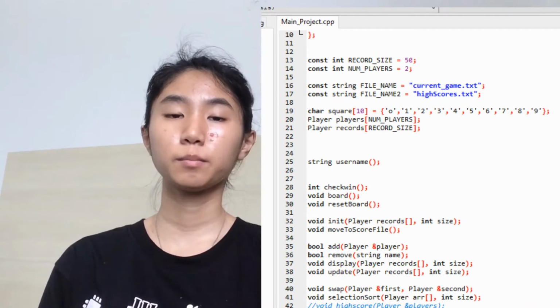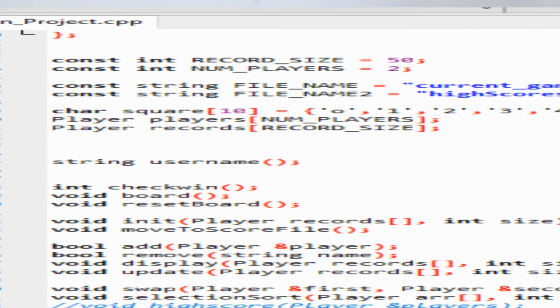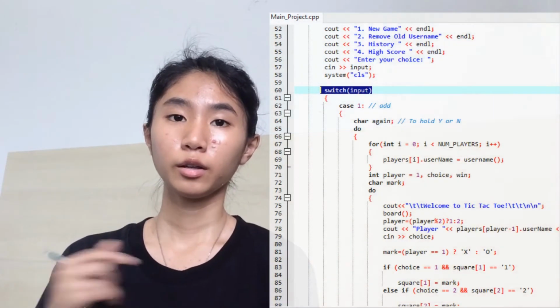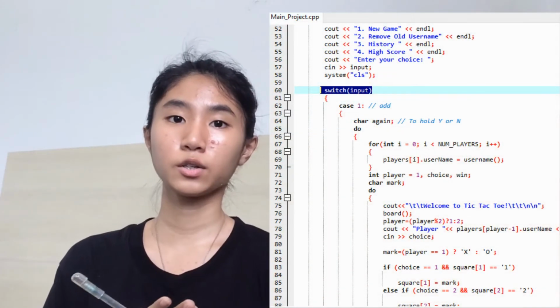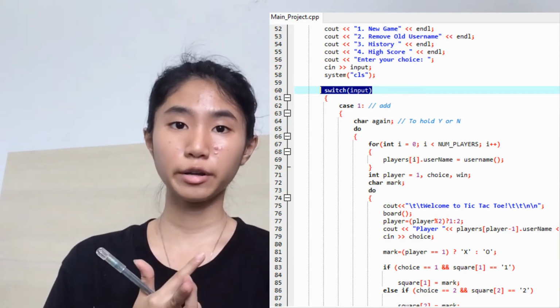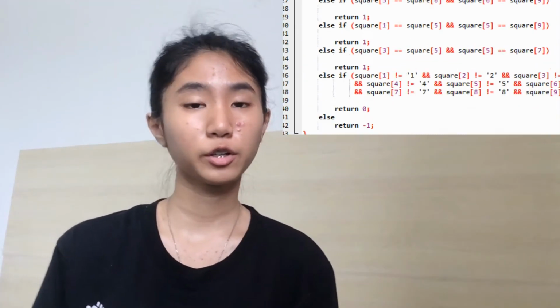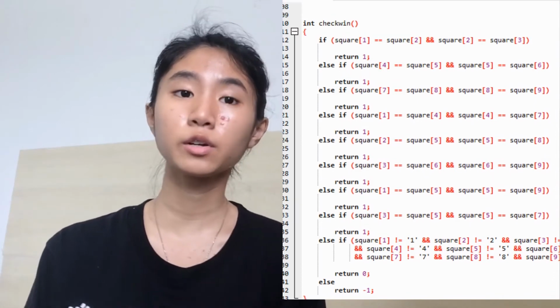When designing our tic-tac-toe program, the first thing you do is create a few functions. For example, we have created void remove, void display, or void update. We also use switch in our program. In our switch, we have 4 cases. Case 1 is to add, case 2 is to remove, case 3 and 4 is to display the high score and the history respectively. When it comes to the function to return game status, we use the if else statement